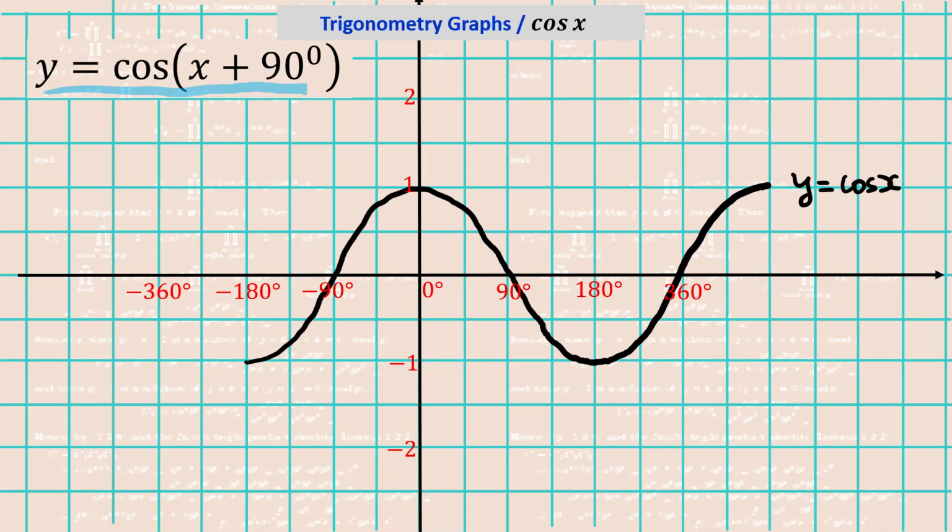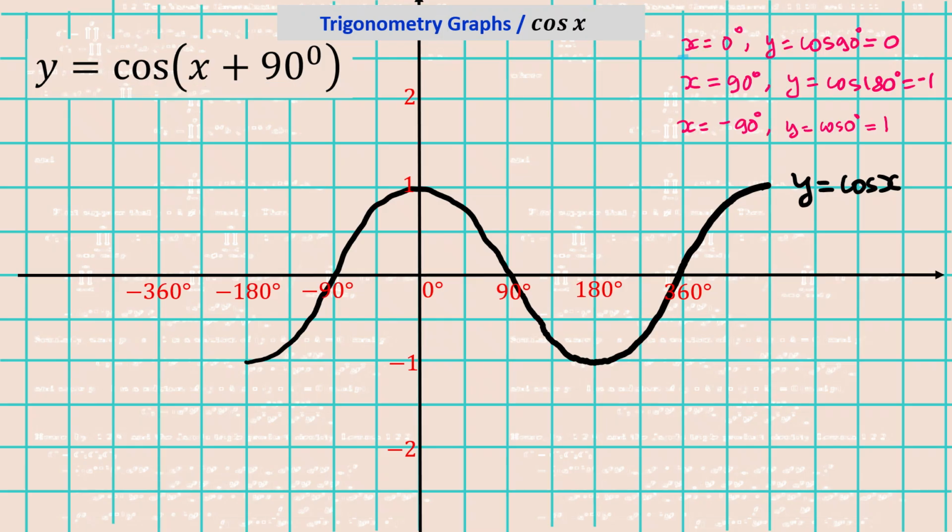So if I were to try and plot some points, just to make it very easy. If you have x is 0 degrees, then y would be cos 90 degrees, because 0 plus 90, that's 90. So that would be 0, because cos 90 is 0. And if you have x is 90 degrees, notice y becomes cos of 180 degrees, which is minus 1. And if you have x is minus 90 degrees, then y is cos 0 degrees, and that equals 1. So we are going to plot these 3 points, and that will help us understand how the graph of y equals cos x,